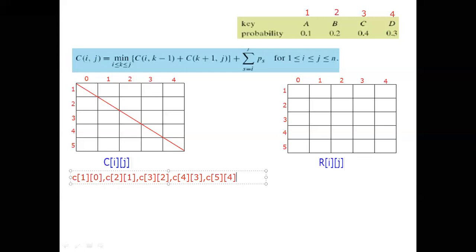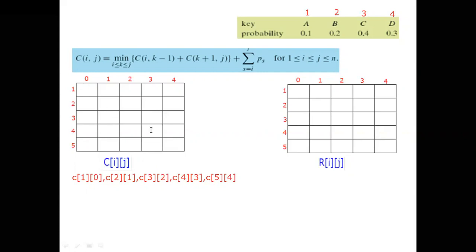Next, what you should know is that we have written the values based upon the diagonal. Now we have to fill the values into this diagonal. For that, first I will remove that diagonal line. Yes, now we know which values have to be filled. That is why I removed that particular diagonal. Now you see C of 1, 0, 2, 1, 3, 2, 4, 3, 5, 4. These are all the diagonal values we have to consider as zeros.